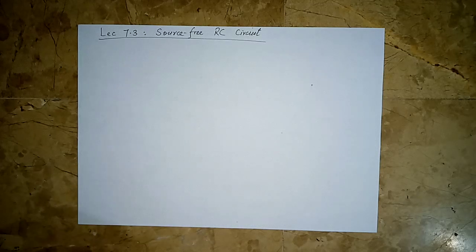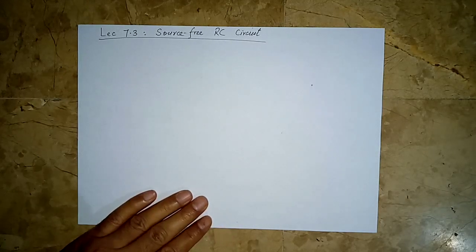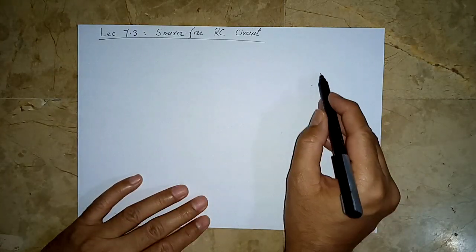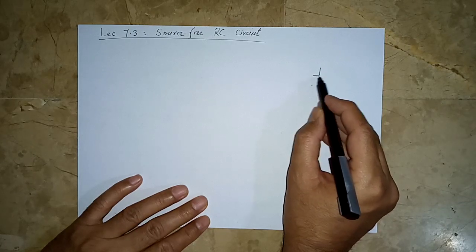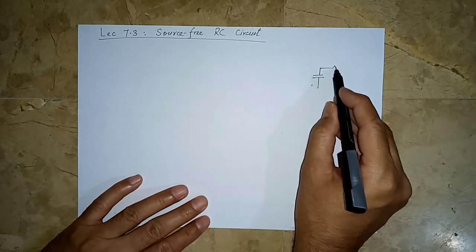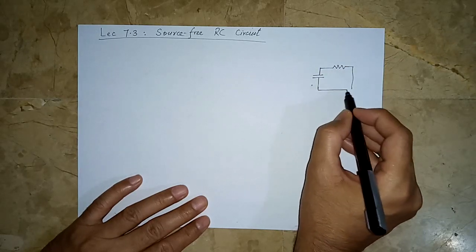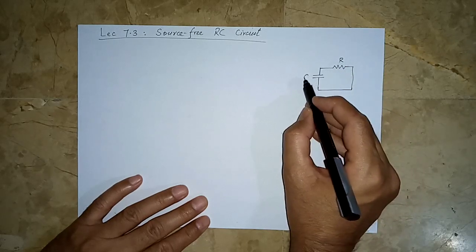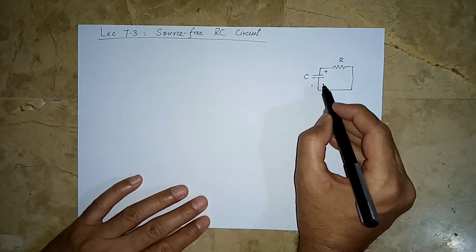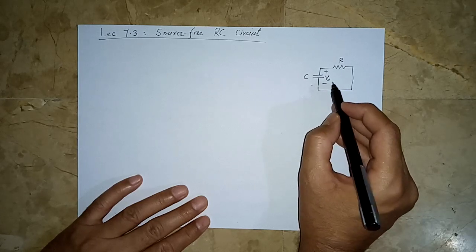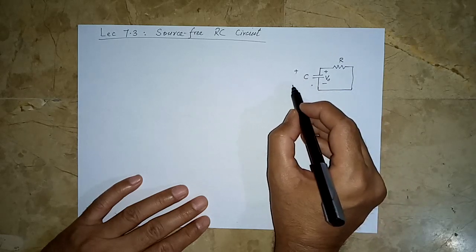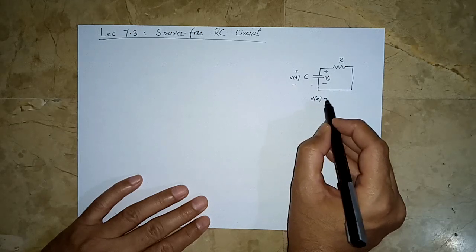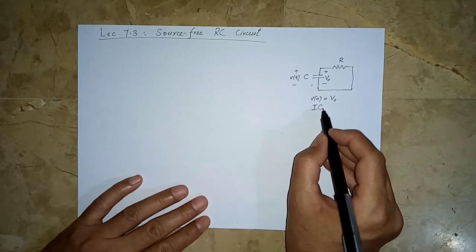Let us come to the capacitor counterpart of the RL circuit, that is a source free RC circuit. Now in here we are going to have a capacitor that is going to lose its energy through a resistor. So now the energy is stored in this capacitor, and the capacitor has an initial voltage V naught on it, and the voltage across this capacitor in the same polarity, let us take this as Vt. So Vt has an initial value of V naught. So this is the initial condition.